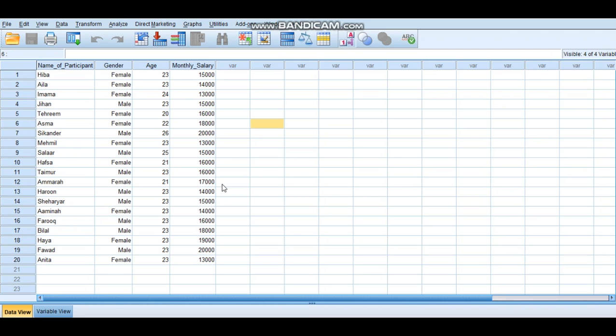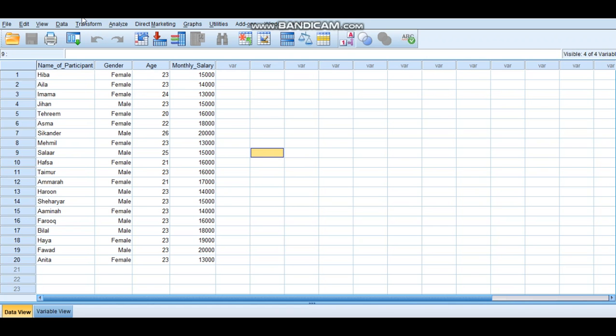In this case, our null hypothesis, which is supposed to be the same as the known mean, states that there is no significant difference between the known mean and the sample mean. It should state that the average monthly salary for a Pakistani individual is 16,000 rupees, and the alternate hypothesis would include everything else. So based on whether there is a significant difference between the two means or not, we will accept or reject our null hypothesis.